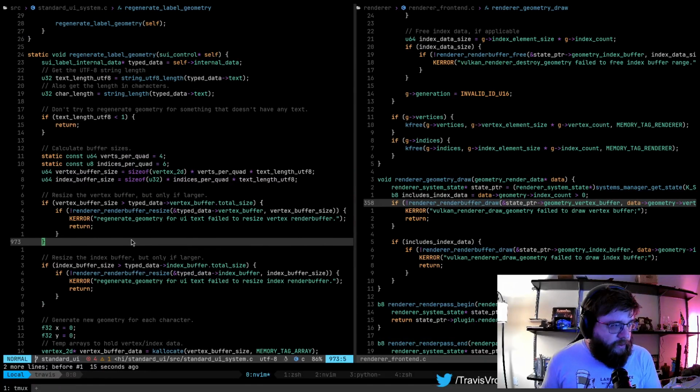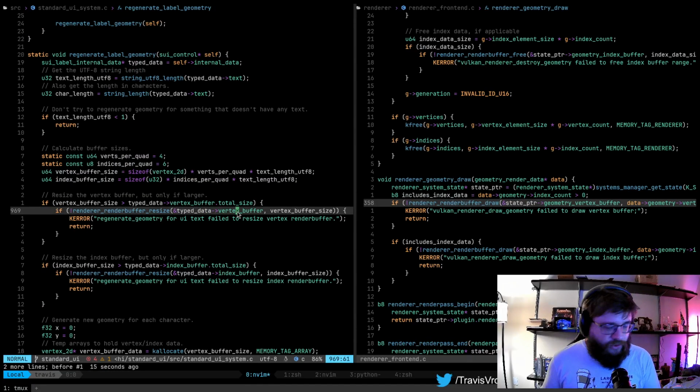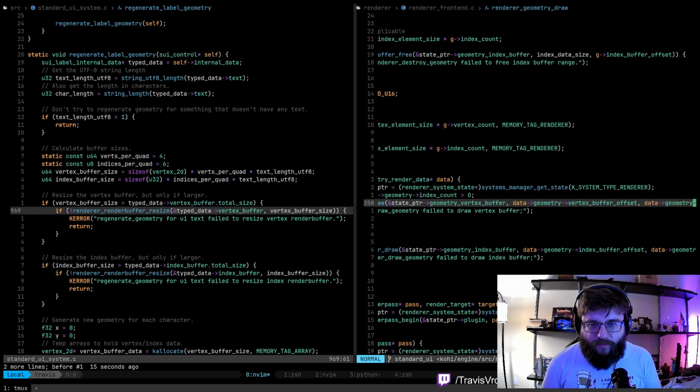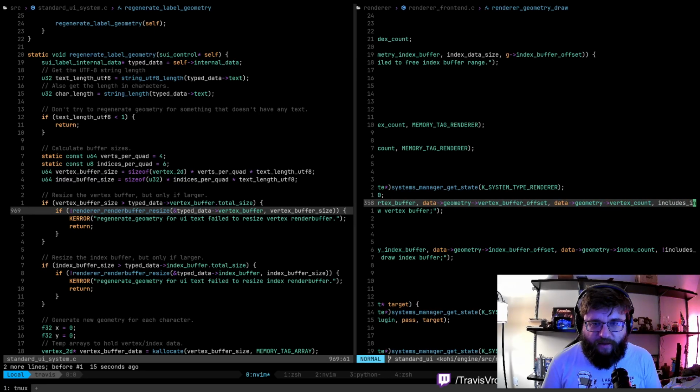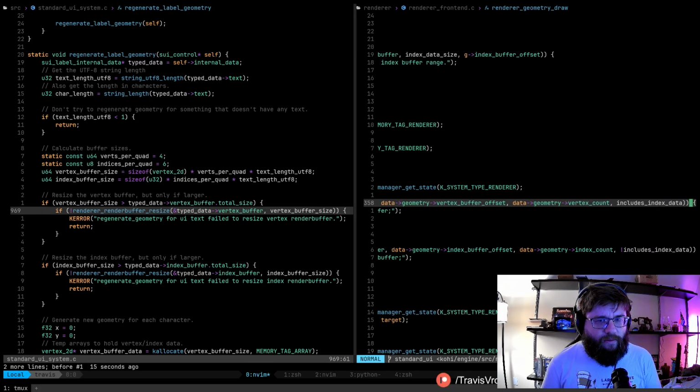So what we actually want to track here is the offset and, let's see, what else does this need to draw? Vertex buffer offset and the count of vertices, right? So it should already have... Oh, that's kind of an interesting conundrum, though.